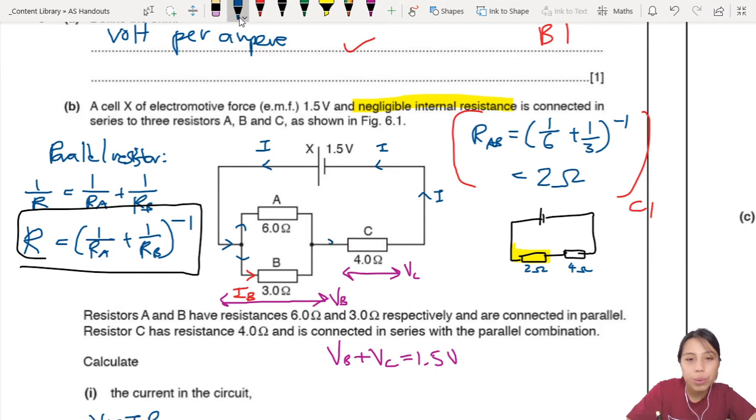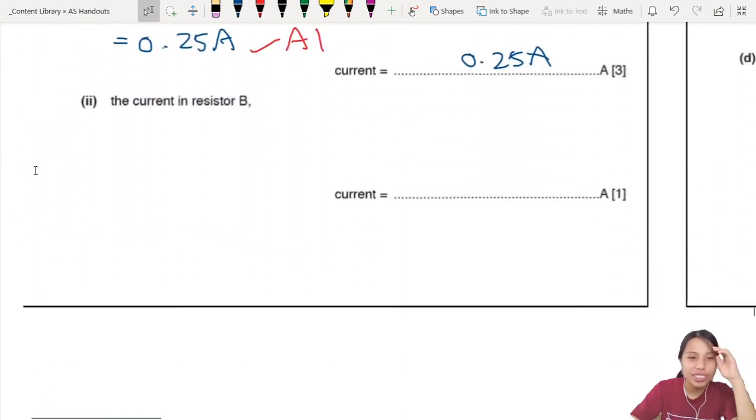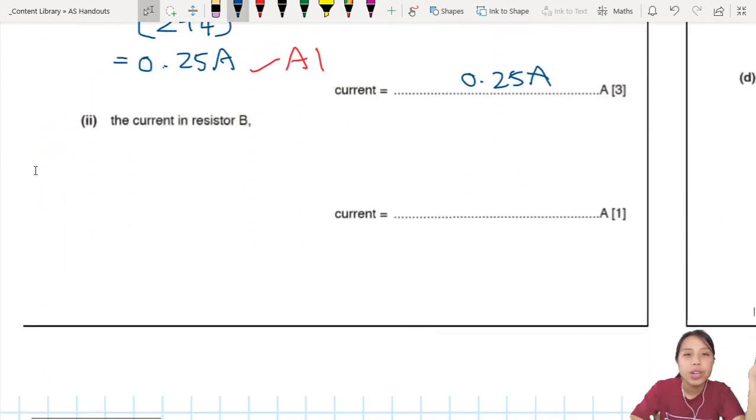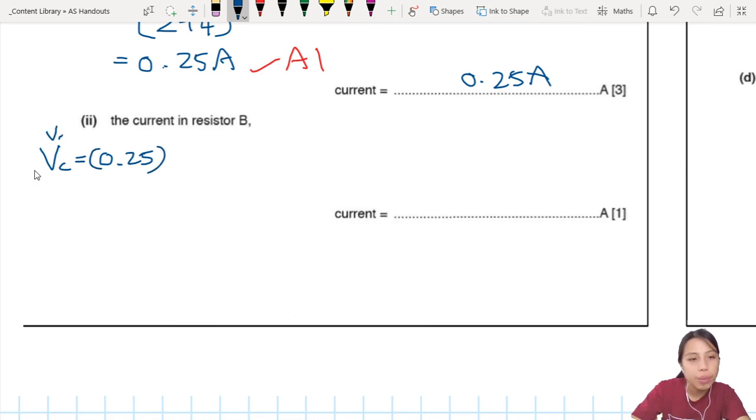0.25 amps is flowing through C, and you know it has a resistance of 4, so you can find VC. Okay, let's try that. So I'm going to find what is VC first. VC will be I times R. Current is 0.25. Actually, let me write out one more line. VC is IC times RC. R is the resistance that's given to us, 4 ohm. So that means VC is